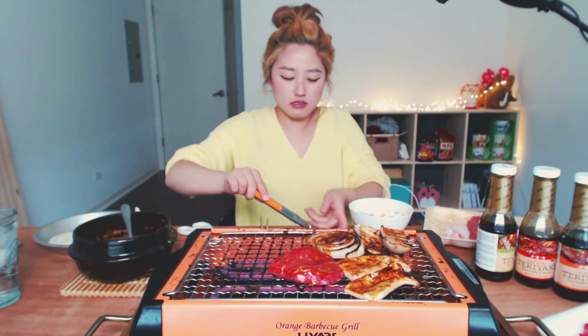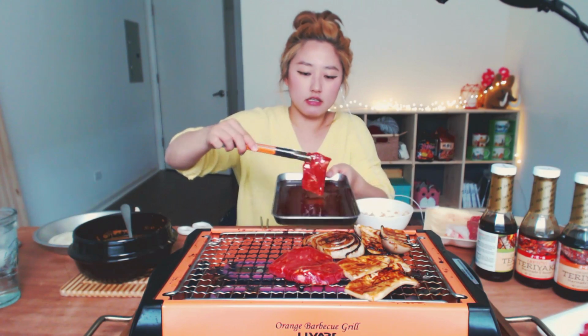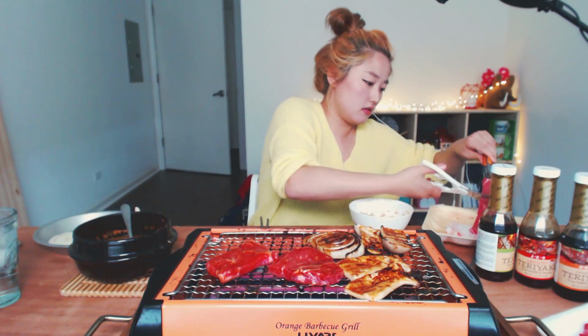Now I have the boneless strip loin. And since I don't know if I can finish it, I'm gonna cut them in half. So I have the regular teriyaki sauce. The spicy one, spicy teriyaki. Okay. And then